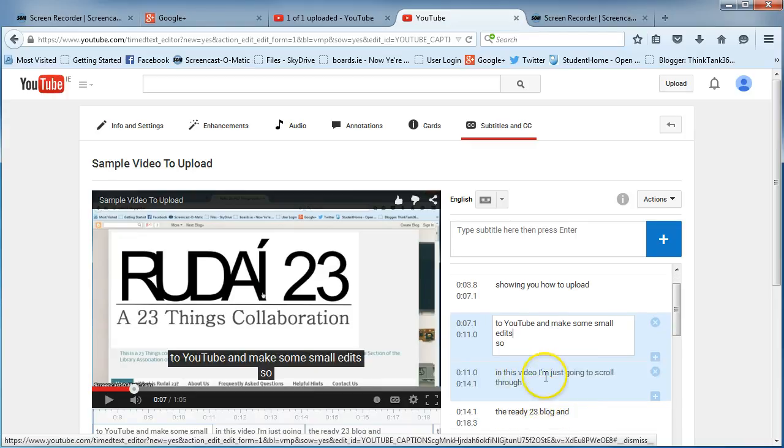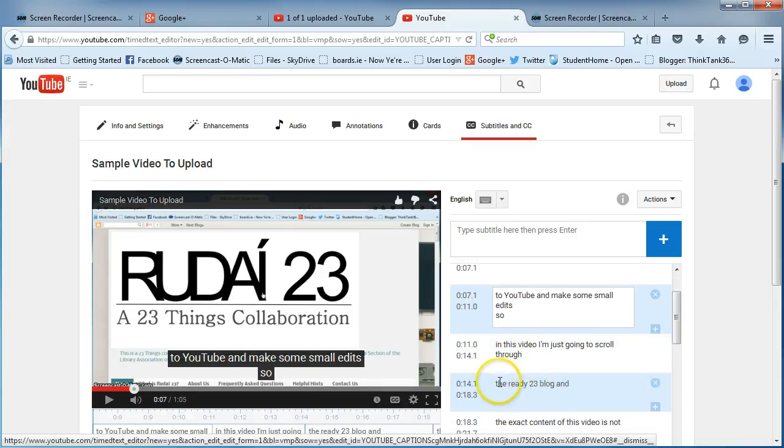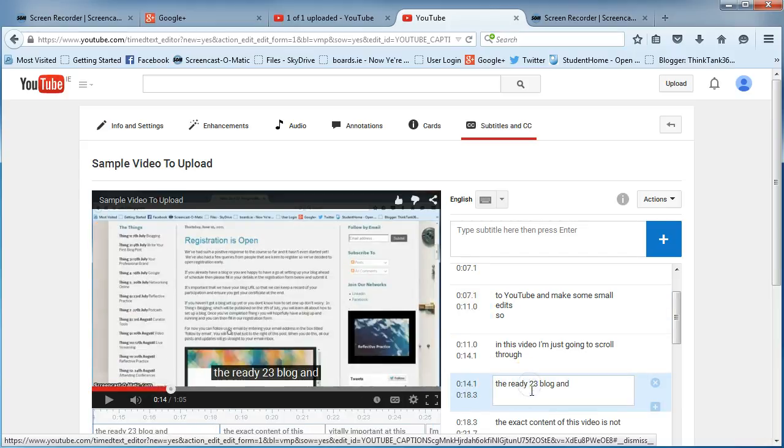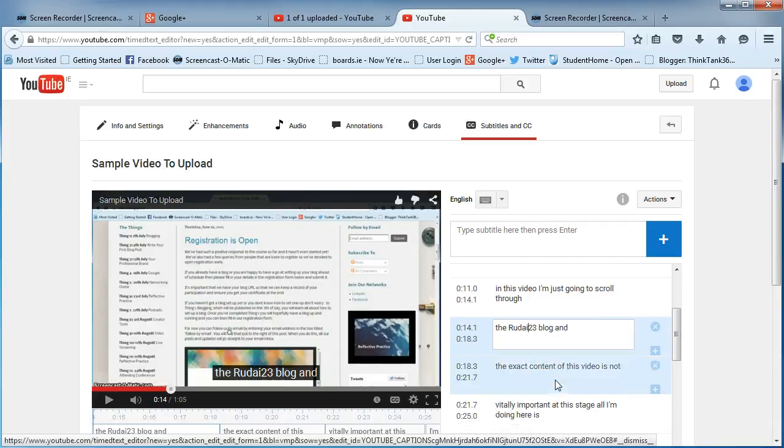Now, in this video, I'm just going to scroll through the Ready 23. Now you can see that should be, of course, Ruddy 23. It's not picking up the fact that this is an Irish word, so you may need to edit that. So you can see here that the subtitles themselves are mostly right, but there are a couple of small spelling